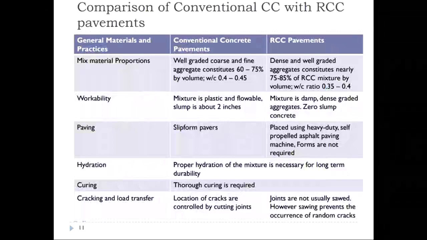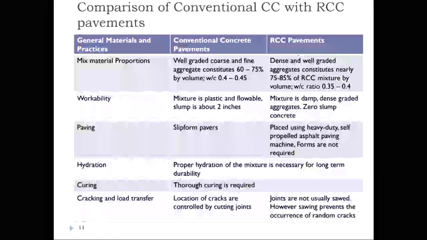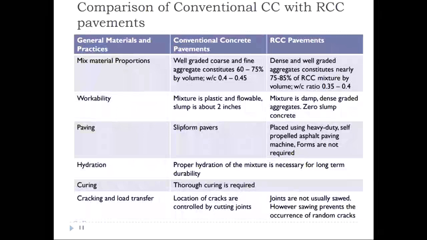We'll be having a slightly higher proportion of fine aggregate. This constitutes well-graded coarse and fine aggregates, which make up nearly 60 to 75% by volume, and the water cement ratio in the case of a conventional concrete pavement would range between 0.4 to 0.45. Whereas in the case of a roller compacted concrete pavement, we have a dense well-graded aggregate gradation, which constitutes about 75 to 85% of the mixture, and the water cement ratio is slightly less